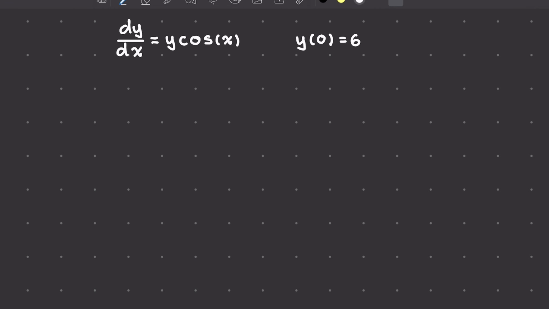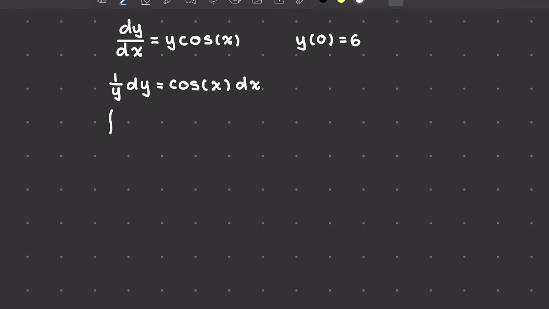So let's try to solve this differential equation first. Remember the first step: move all of the x and y terms to each side and pair them up with dy and dx. And so in this equation, we will get 1 over y dy equals cosine of x dx,